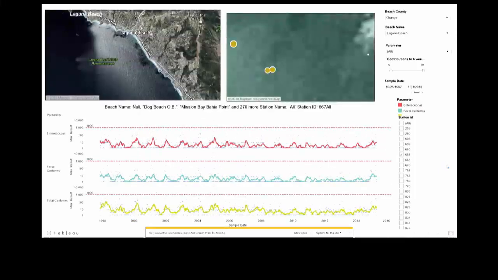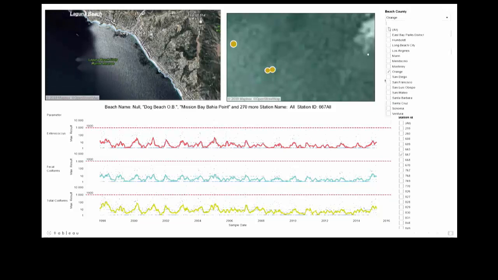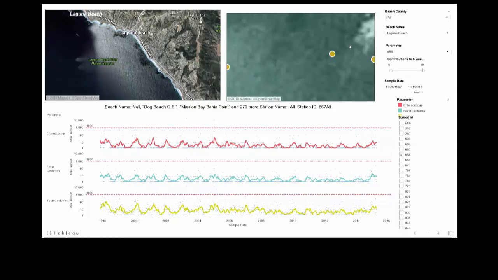I'm an economist, by the way, so I don't really know exactly the chemistry of these things, but I know data very well. So you can click on any particular station. You can actually look at the different beaches. You can go statewide. You can put all the data for all the states, for all the stations.